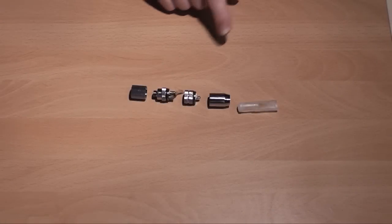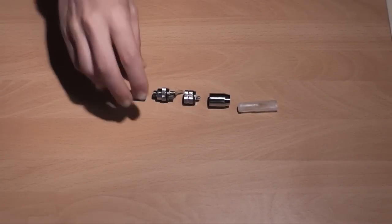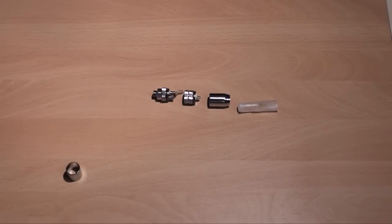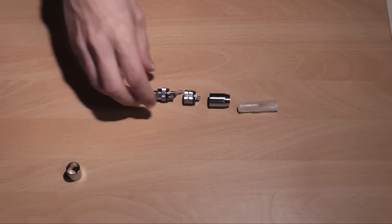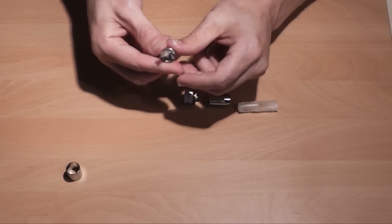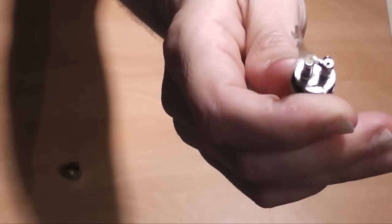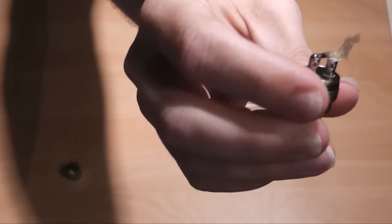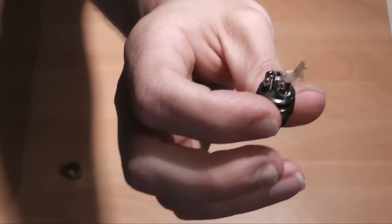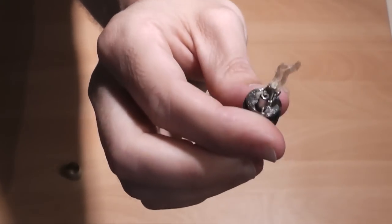Okay, so here we have the Ego customizer broken down into pieces. This bottom part here is basically just a cover, so I'll put that off to the side for the moment because we don't need that. Now, the main part is obviously the wick and the coil. I'm new to rebuildables, so I'm going to be rubbish with names, but you can probably see from that it is wet. I've just made sure it fires and everything, so I put a bit of liquid on before